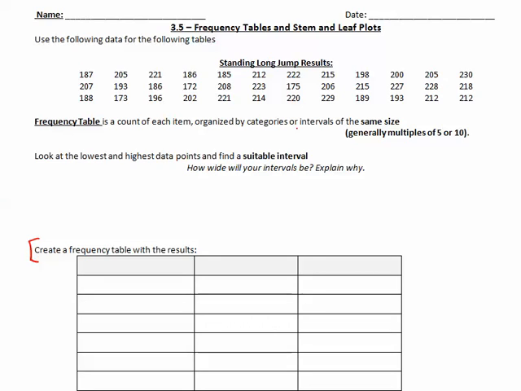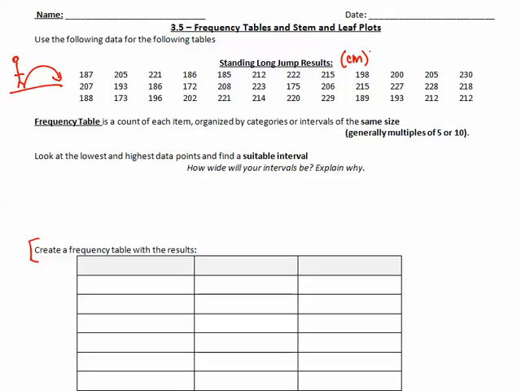So the situation is that we're at the track and field meet, and we have several students doing standing long jumps, which means you are standing and jumping from a standing position, and then they measured these numbers. We're going to assume that these numbers are in centimeters. It doesn't tell us, but we can guess. Given these numbers, we can organize them and put them in order so that we can count the shortest distance, the longest distance, and how many fit within